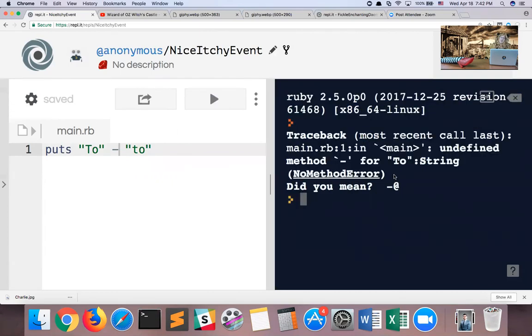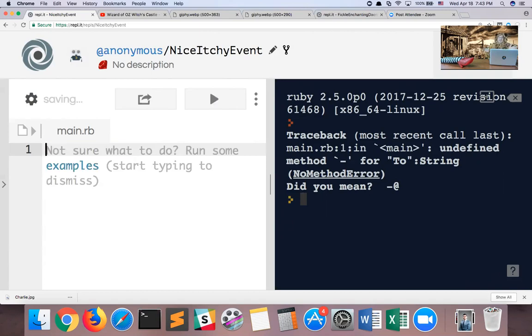So it does look like gobbledygook, and I haven't explained every last bit of this error message. But as you learn to code, you will learn that understanding how to read these error messages is key to solving your problems, because you will get error messages. Often code doesn't work the way you intend it, so it's good to know what is going wrong. Let me expose you to some more errors.